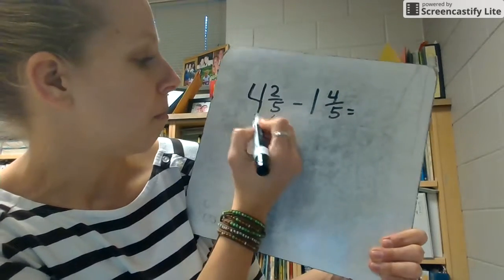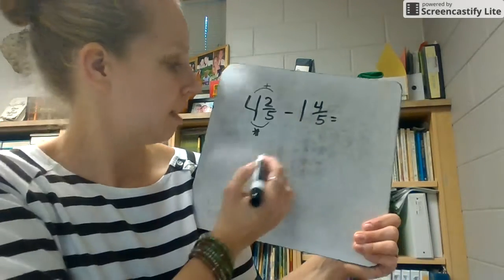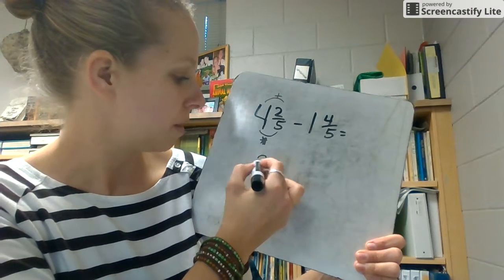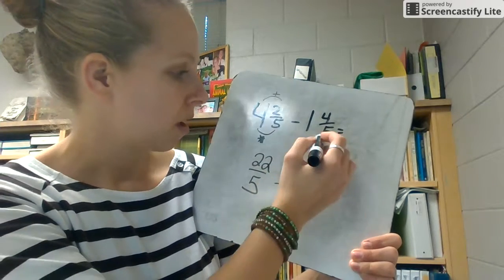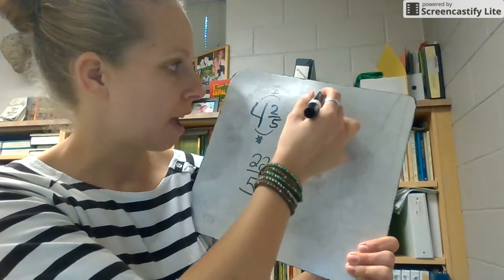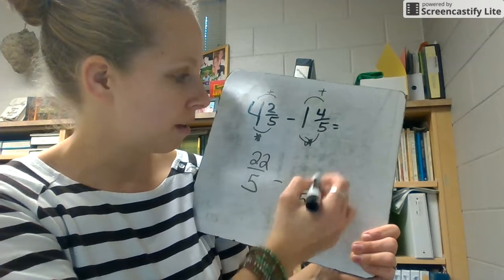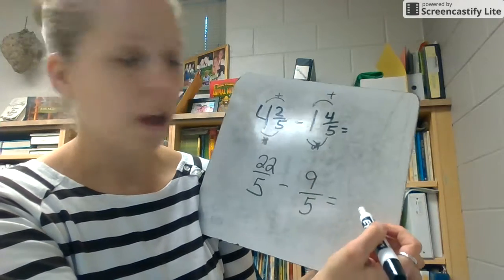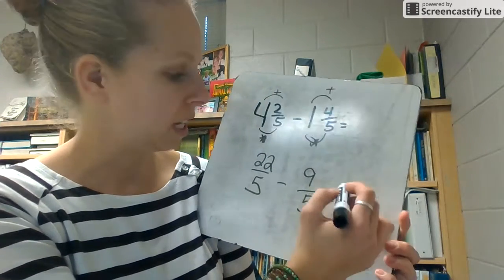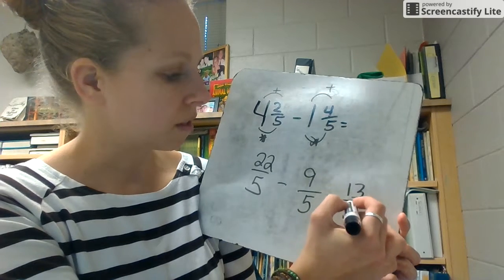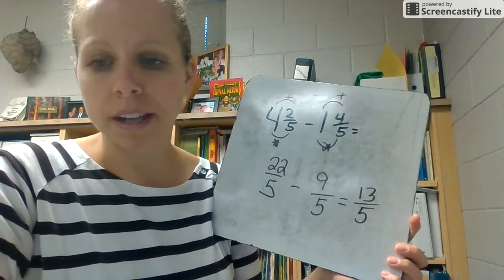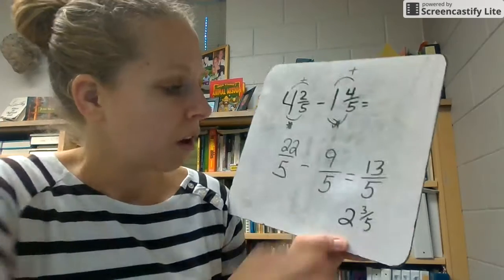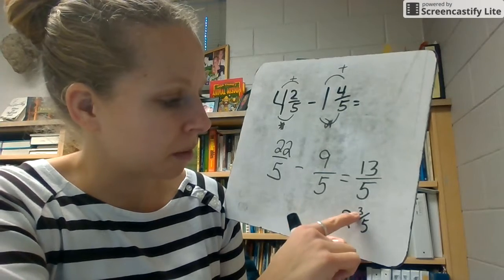So, multiply, add, keep the denominator the same. 4 times 5 is 20. 20 plus 2 is 22. Multiply the bottom, add the top, keep the denominator. 5 times 1 is 5, plus 4 is 9. 22 minus 9 is 13. And 13 over 5 would be your answer. Or take 5 out of 13 two times with 3 remaining over